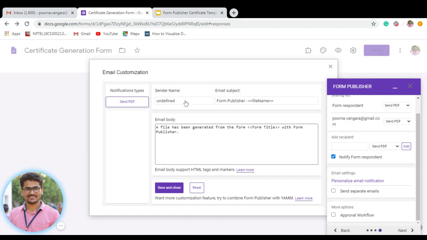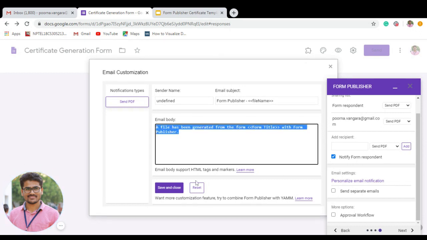It is almost like what you get in Gmail. In the similar way, you get an email body. What you want to convey, you can write down, like thank you, or you can say dear. You can use tags here also. Wherever I use tags, these tags will be replaced with the data of the student who is filling the form. Dear full name. So if Purna is filling that form and gives Purna as name, he will get dear Purna.